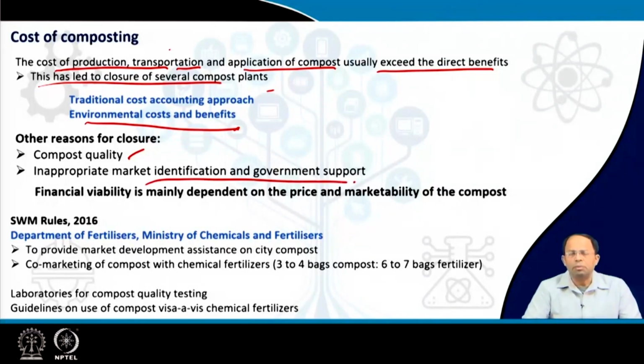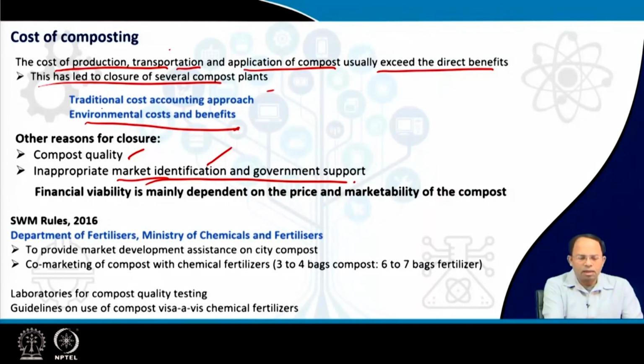That means no subsidy from the government is facilitating the distribution of compost. Or maybe the market analysis was not done, so there is no demand for compost in the surrounding area. I have to transport it far away, which will increase transportation cost. All this analysis needs to be understood so that we can determine how best we can sell compost, right?